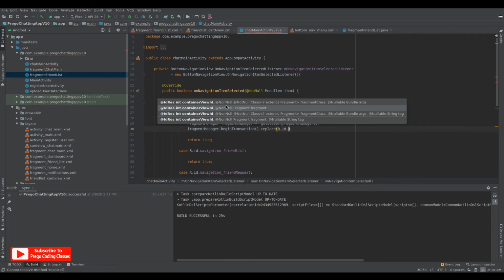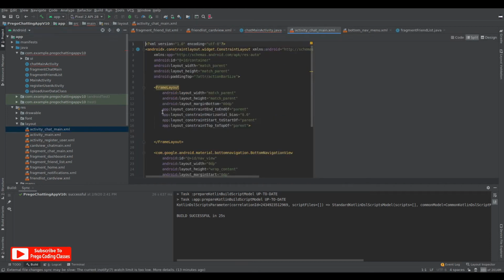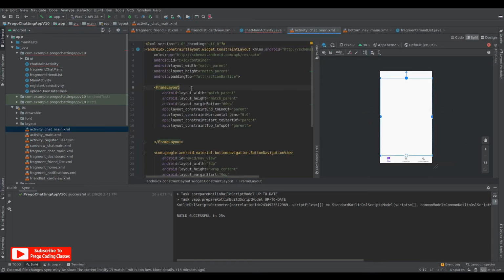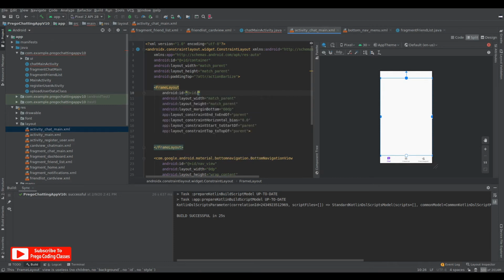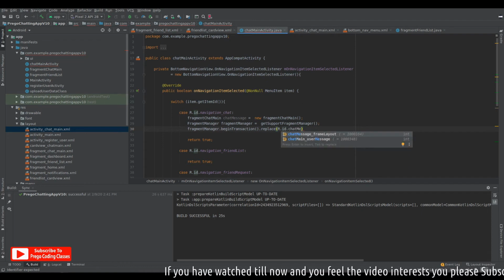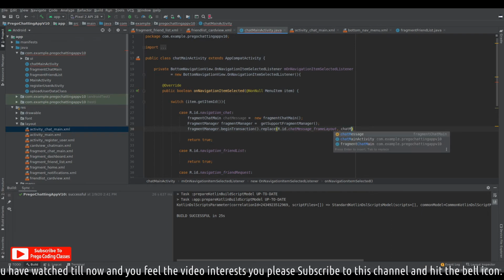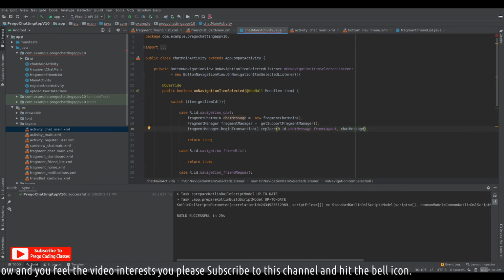So R dot id dot, I think the ID has not been assigned to the frame layout, so just open the activity chat main, and yes, there is no ID over here, so just give it an ID of, let's say, chat message frame layout, and then over to chat main activity we'll say R dot id dot chat message frame layout, and we need to replace this with the chat message fragment, and that's it.